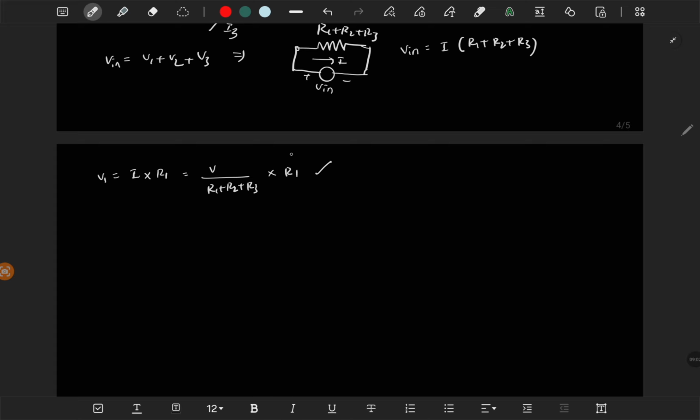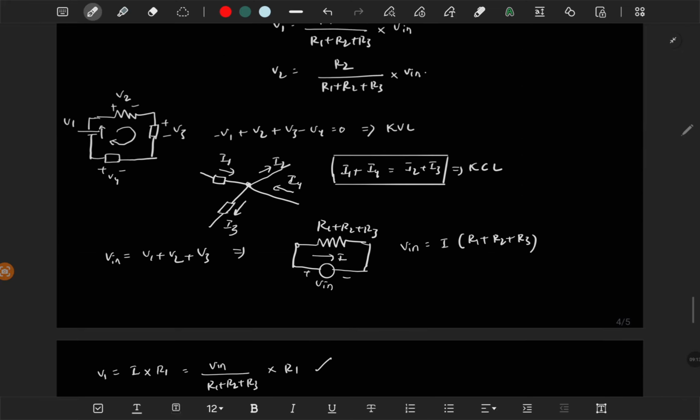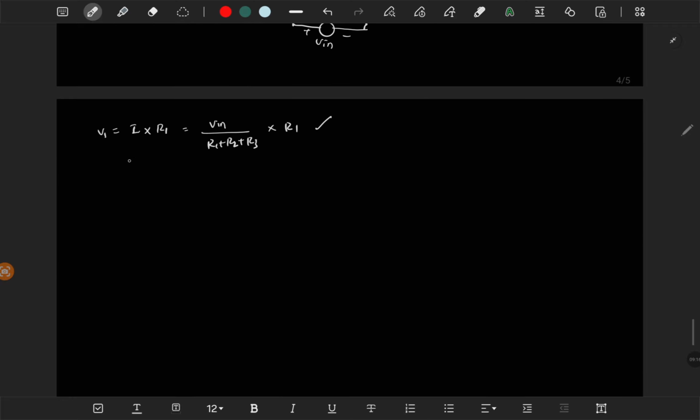If you want V1, then it is the resistance value across that voltage divided by the total resistance, times the input voltage. And similarly V2 and V3. So this is about the voltage division rule. And